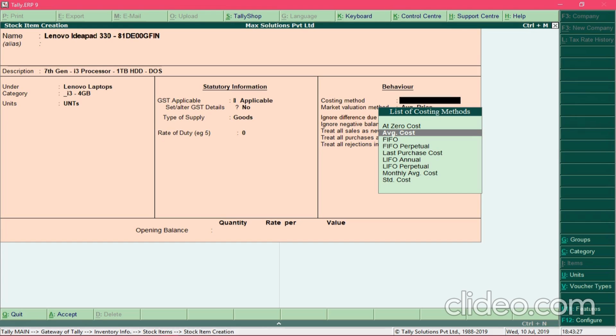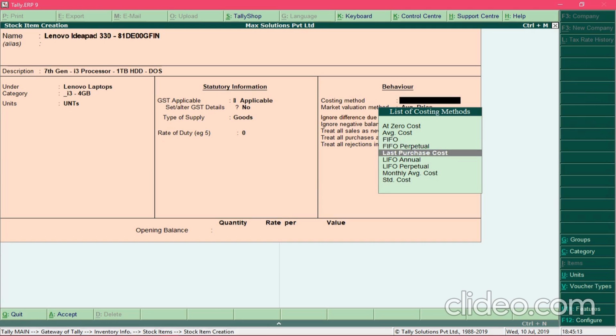So when I sell the product for 120 rupees, my profit would be 15 rupees if we go by the average cost method. And if we go by the method first in first out, it will consider the cost price of the first product, which is 100 rupees, at the time of calculating the profit. So in that case my profit would be 20 rupees.